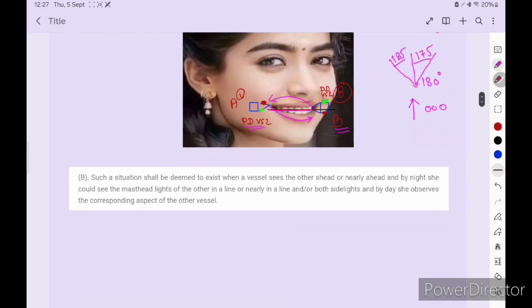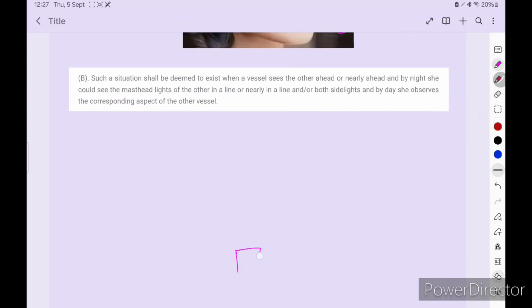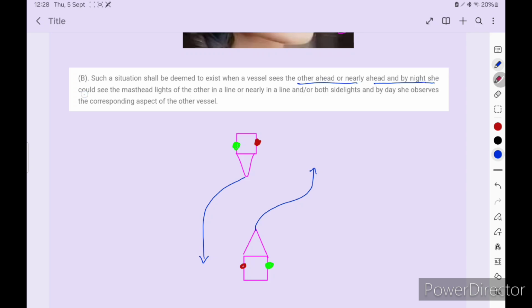Okay, now B: such a situation shall be deemed to exist when a vessel sees another ahead or nearly ahead, and by night she could see the masthead lights of the other in a line or nearly in a line, and both sidelights, and by day she observes the corresponding aspect of the other vessel. So let's say this is your vessel. Okay, these are two vessels. You see there are two vessels. See the other ahead or nearly ahead, and by night you could see the masthead lights. Okay, you see there are masthead lights,